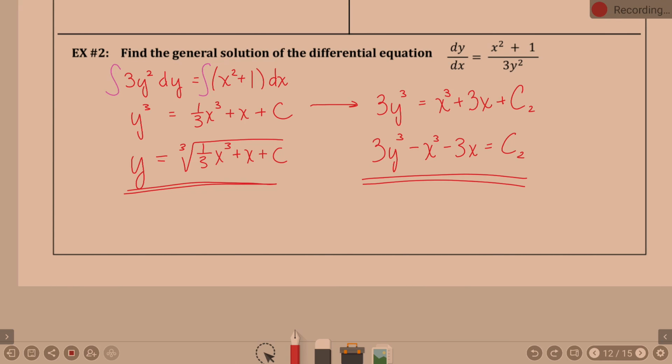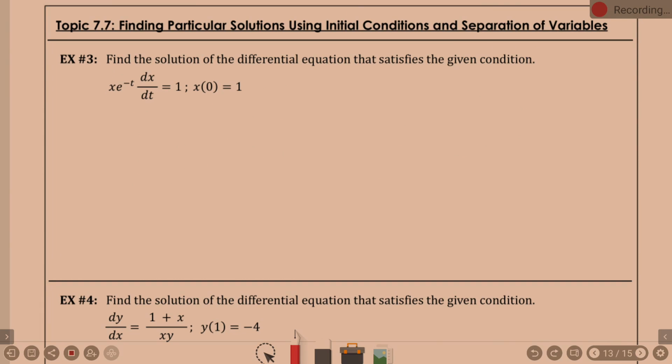That was our page of general solutions. Now we've got to talk about our page of particular solutions. 3 examples, but they're a little bit longer. Find the solution of the differential equation that satisfies the given condition. So, your step one, so to speak, is to still